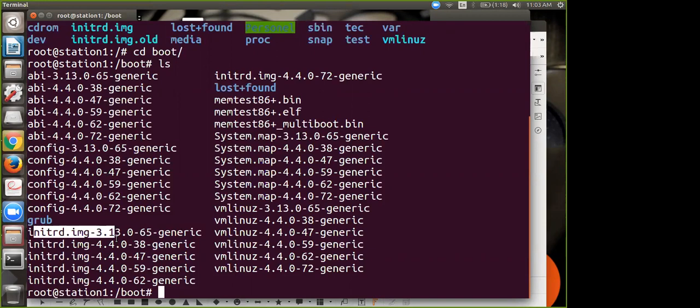So what is initrd, what is kernel, and what is grub? We'll discuss in later classes. And next we discussed